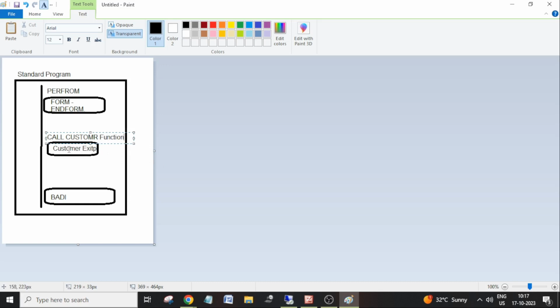If we implement any code inside that empty function module, that will be called along with our standard logic. Here,